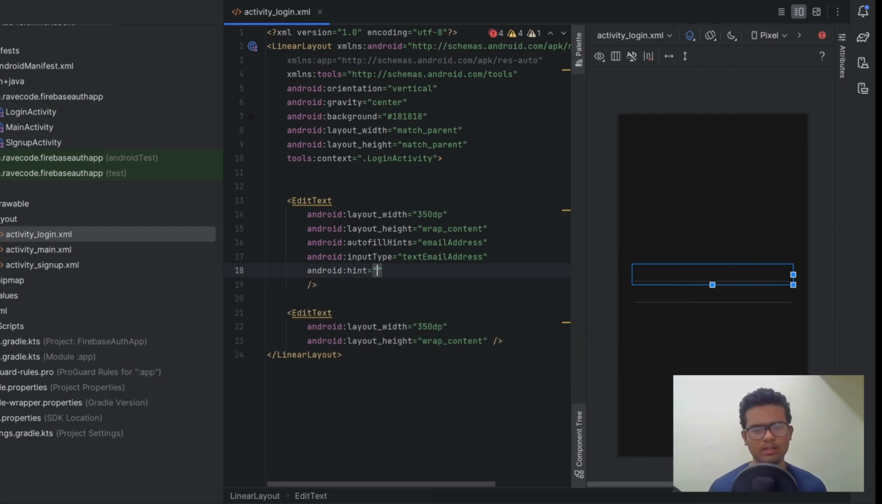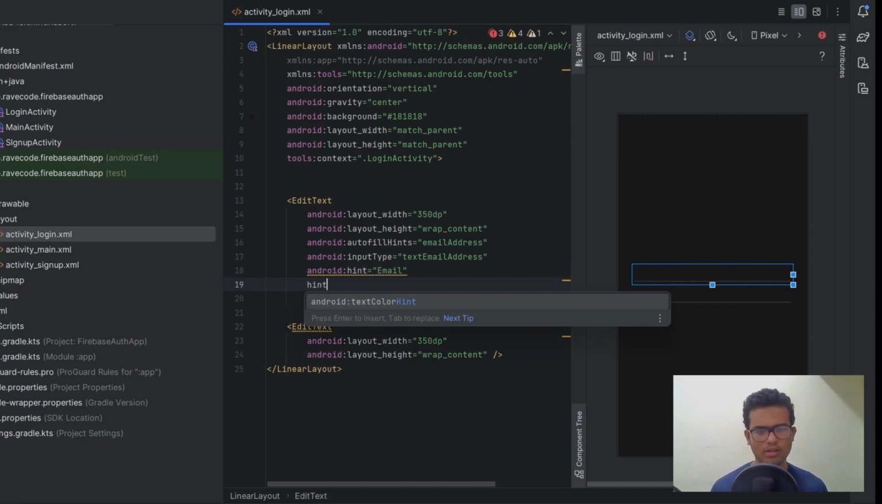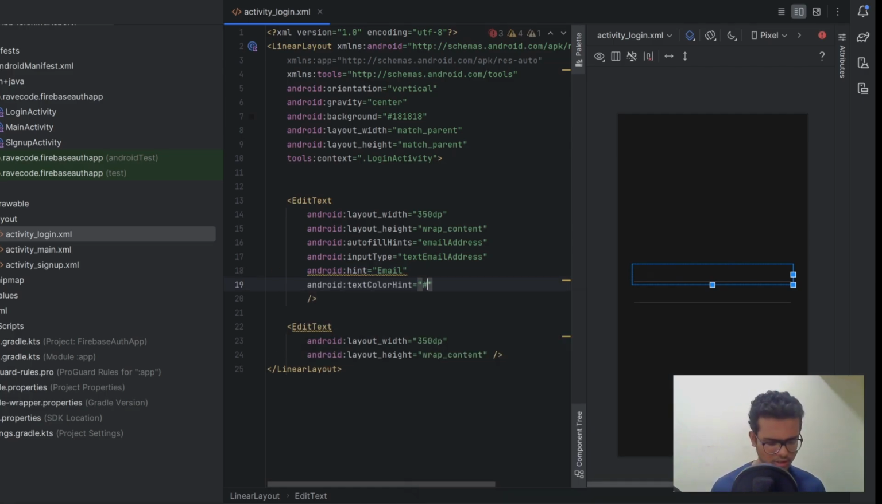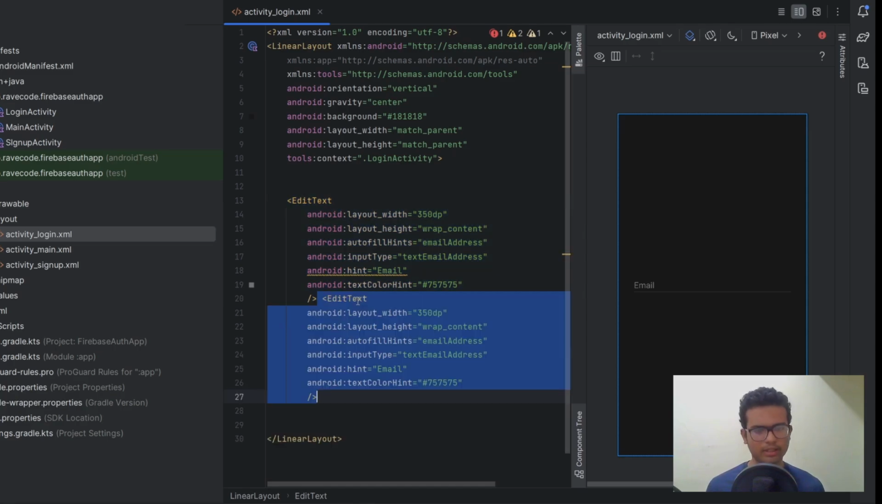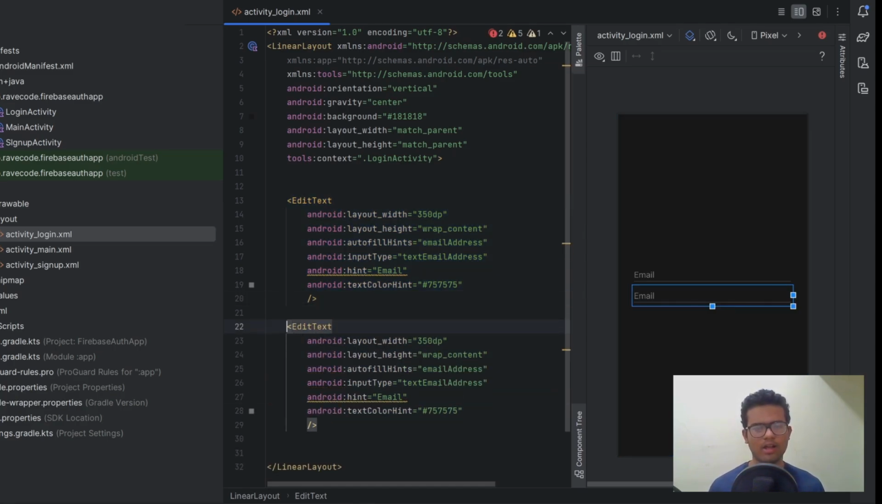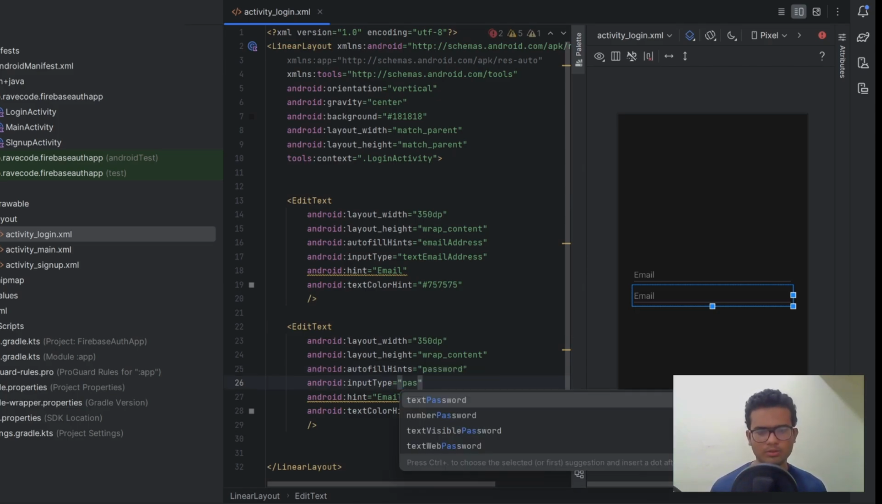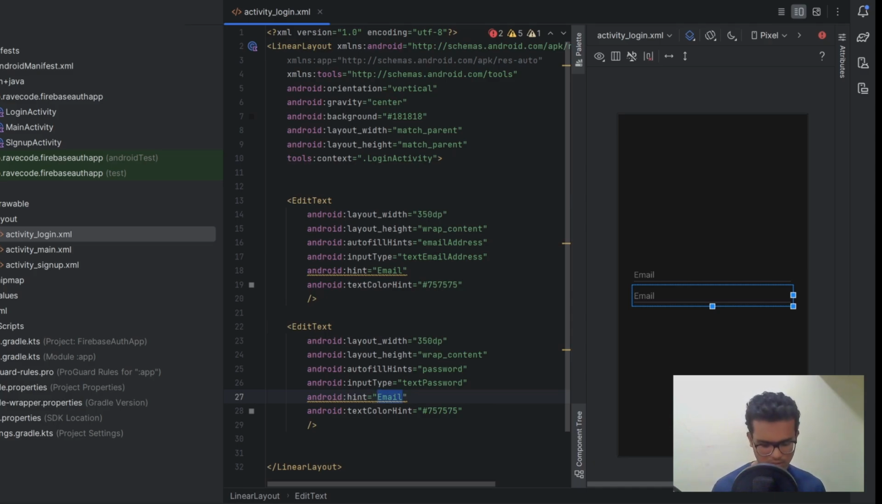So we'll set the hint as email and hint color as 757575. Okay, next we'll select this and duplicate it, and we'll change it to password, this also as password, this as password,